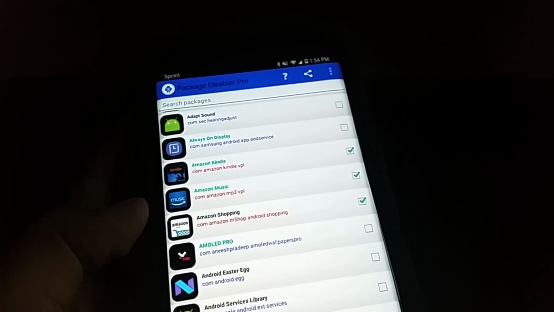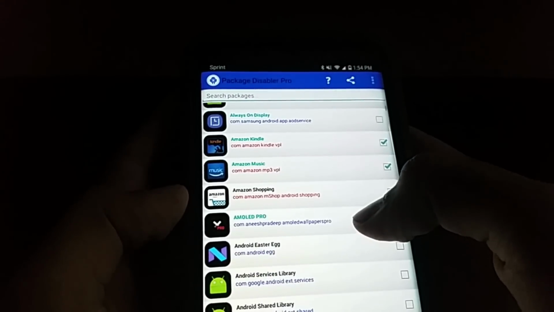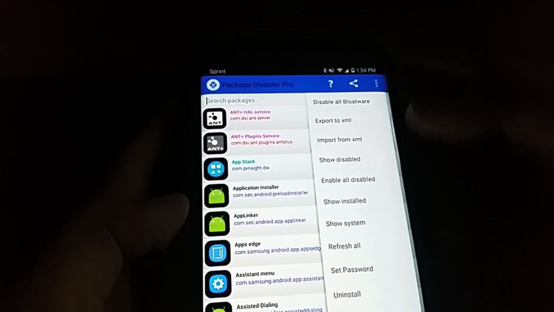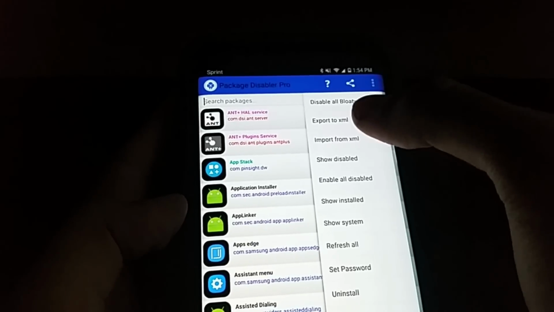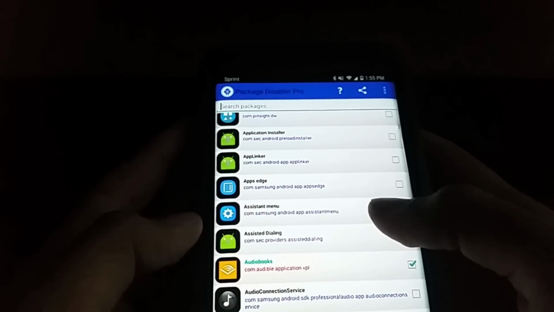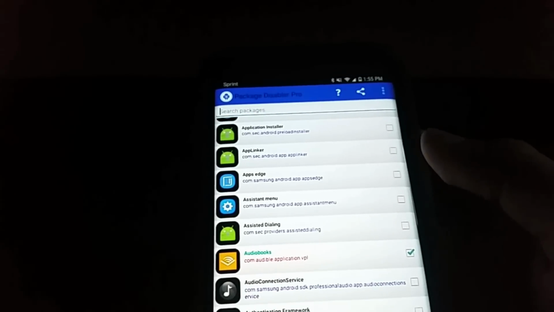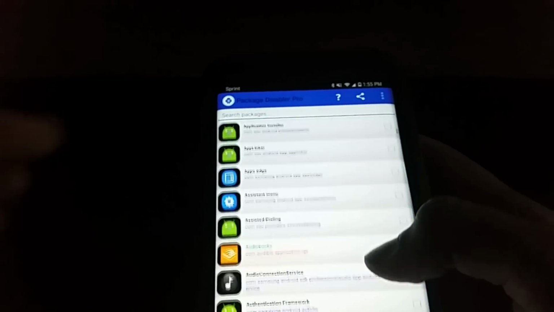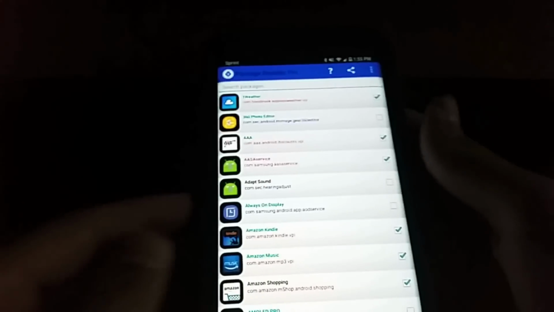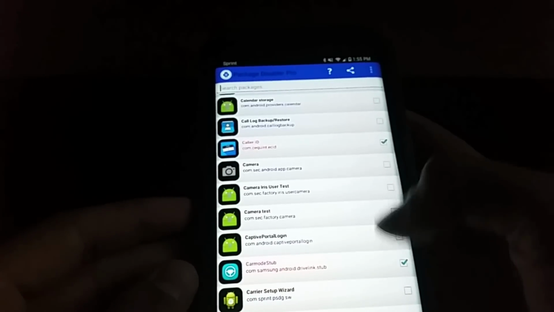I'm not exaggerating whatsoever, because when your device is not rooted, there's stuff that runs in the background. Now if you press right here, it says disable all bloatware. Now I personally don't do that because I have, what's it called, Microsoft OneNote. If you disable all bloatware, it disables OneNote. There's some things that it just disables, and you go looking for your apps. So if you just take like 5 minutes going through all your apps manually, and if you check these,